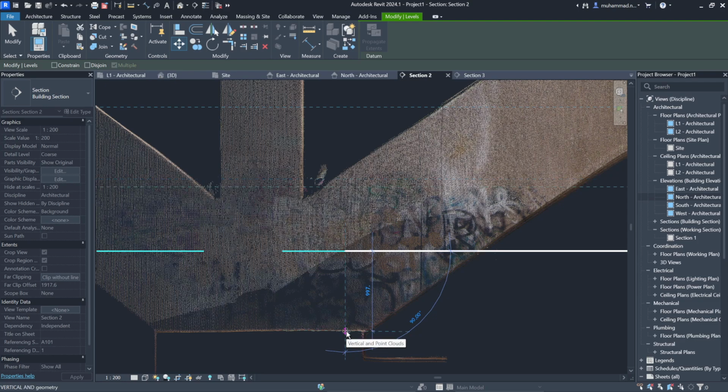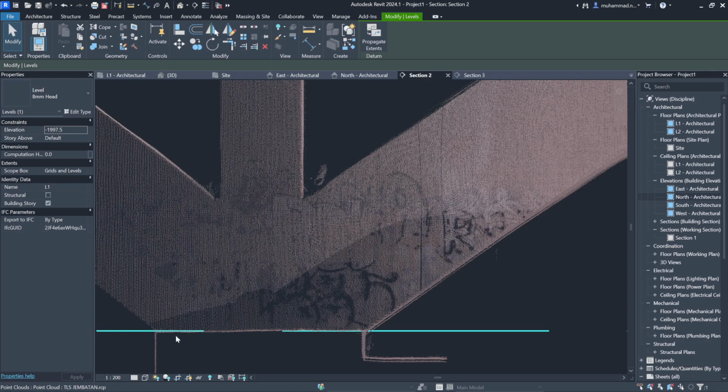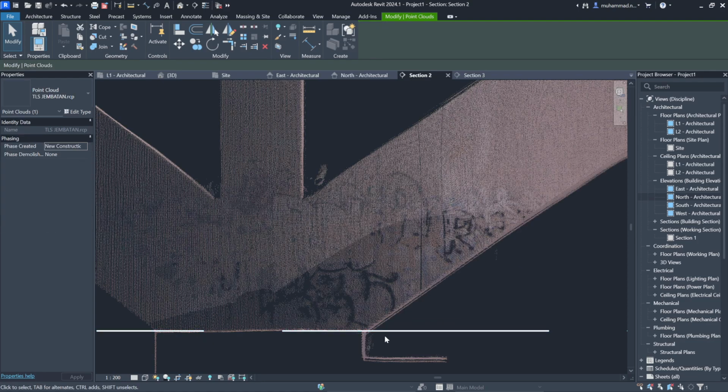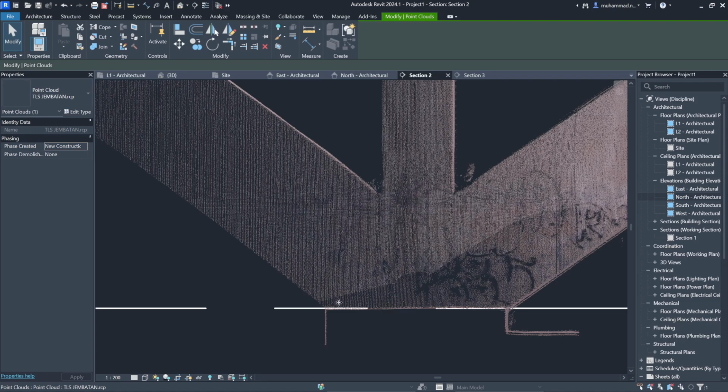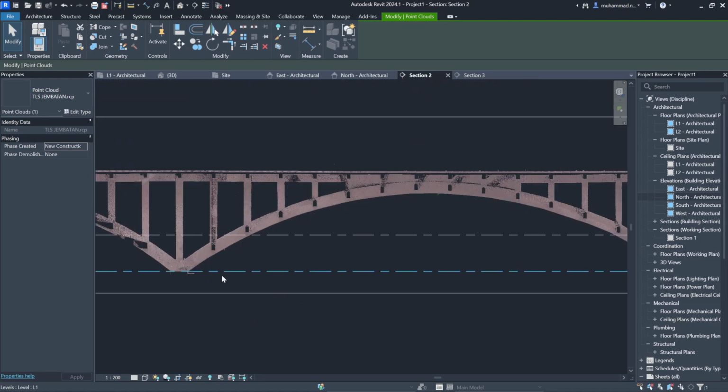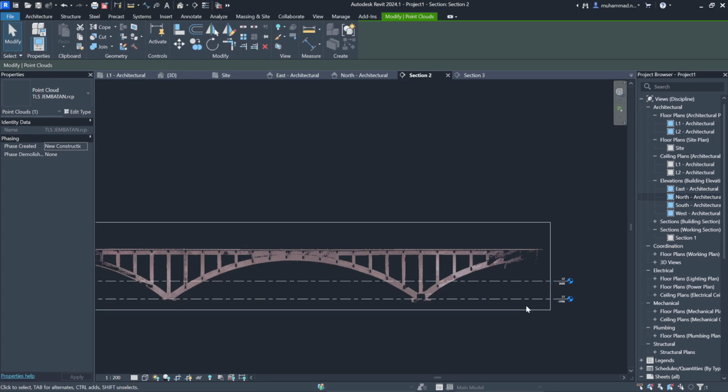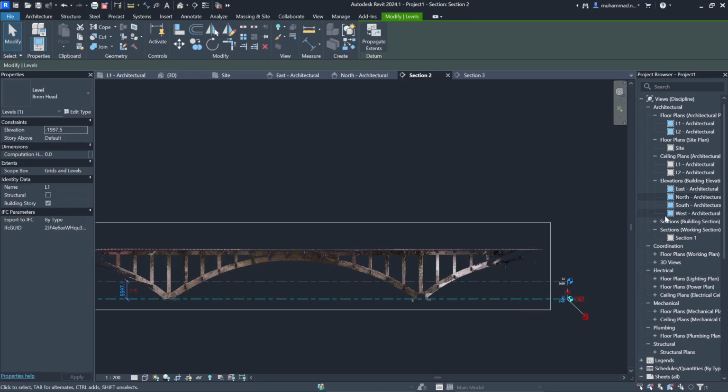I will put it right here because I see that the arc will end where the bottom is. So as you can see, we can do that.